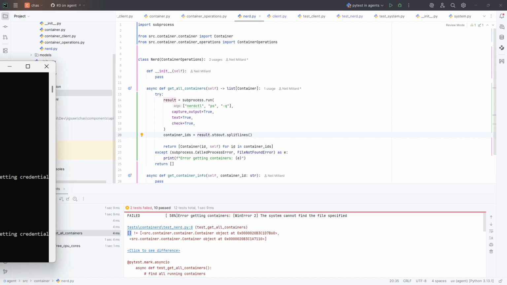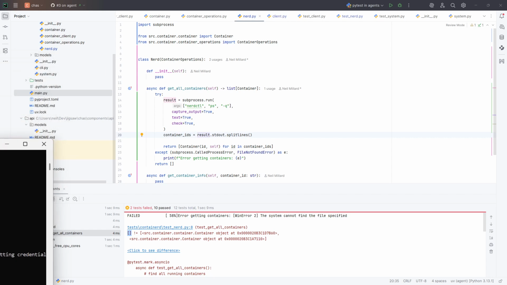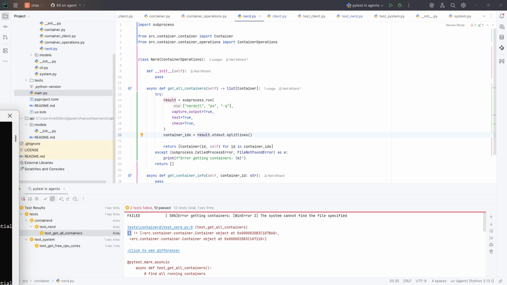Let's see if that works. Because it says the username. So I've already done a login, haven't I? But then when we did the nerd, and then we do the Alpine,